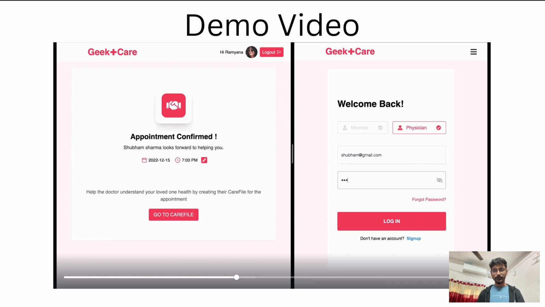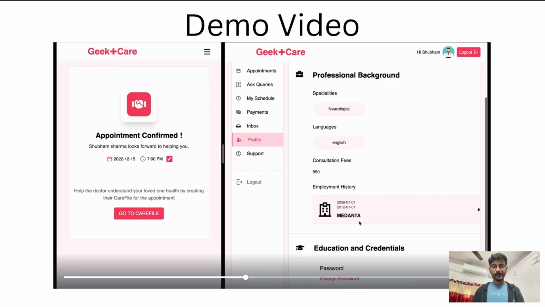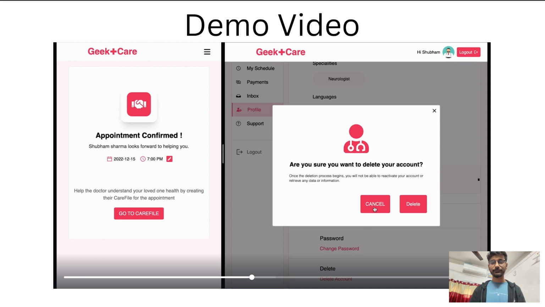So I'll just try logging in with doctor credentials over here. I think that should land me on the doctor's homepage. Correct. By default, once you log in, it shows me the doctor's profile page wherein I can change or